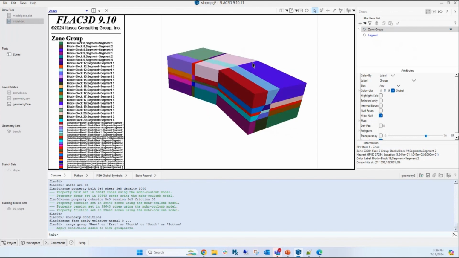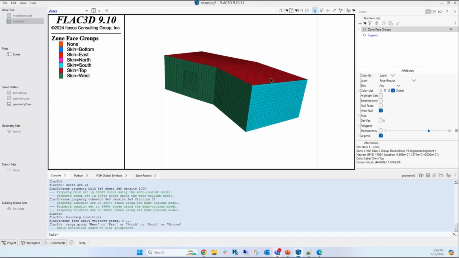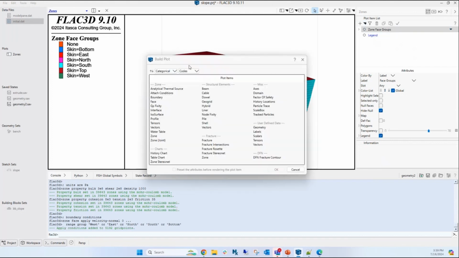Okay, so this shows the groups. We could change it to show the face groups. Right, so there's the face groups that the model pane came up with. We can add to this plot the boundary conditions to make sure we've done it correctly. So if we go up here to the plus, actually it's called GP fixity. So if I double click on that,